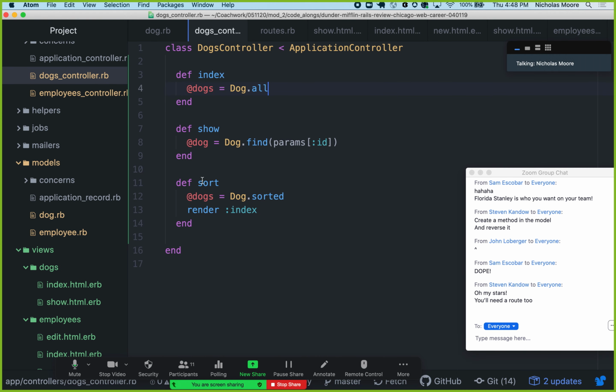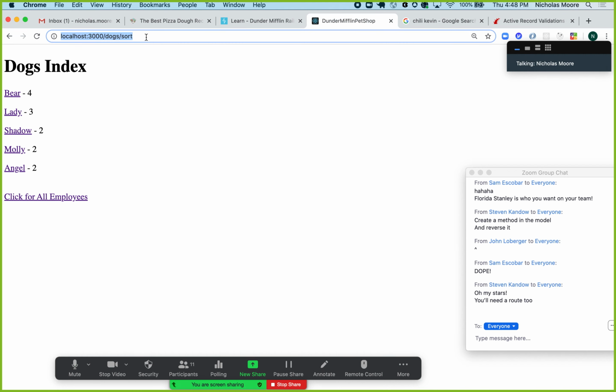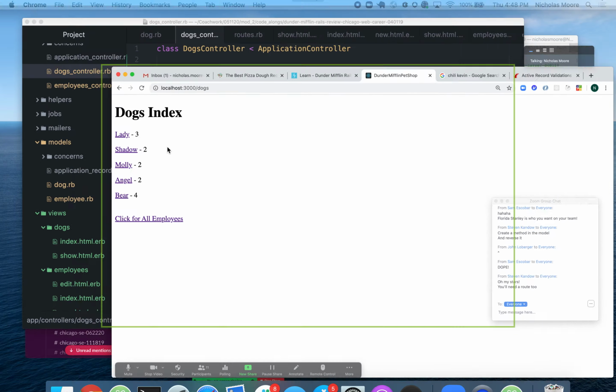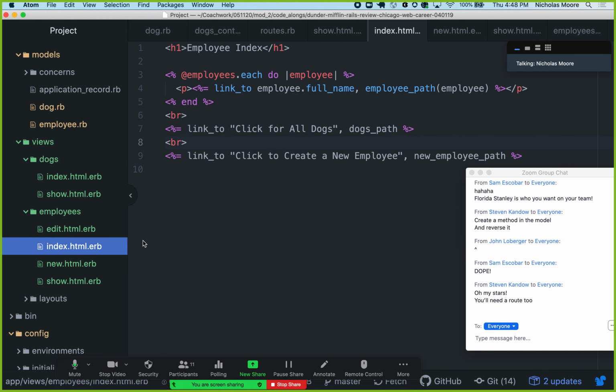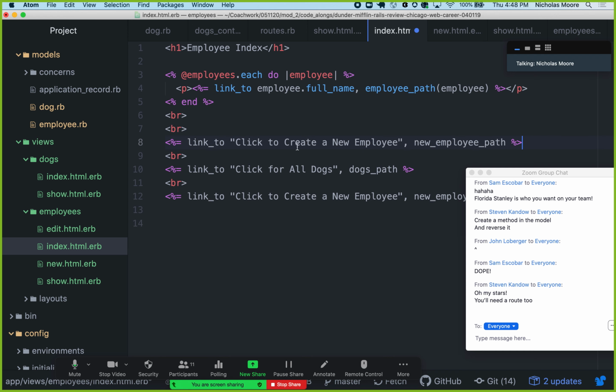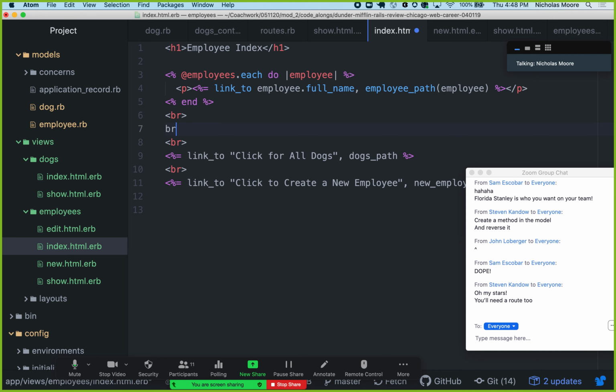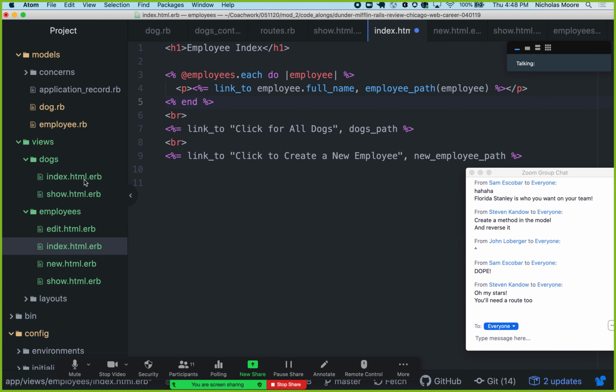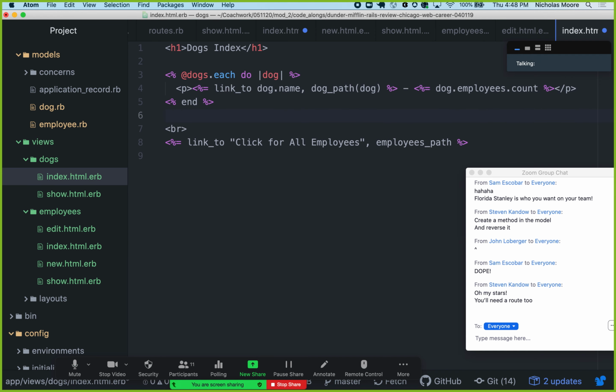What if, well, let's put a button in the index. So in dogs sort, let's put a button in the index.html and make this a link to, because the sort method is just a get. We made it a get request, right? So we can use a link to, and let's just do br, and say click to sort. I am in the employee spot, so let's change that. br,